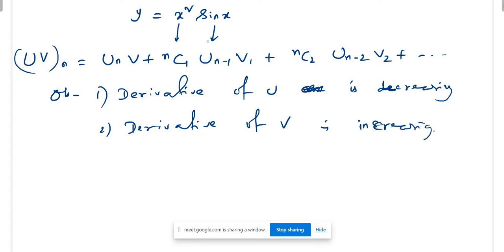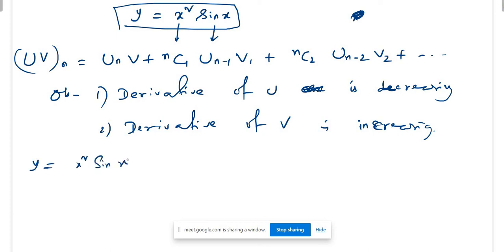So it is better to choose x square. If I go back to the problem, y equal to x square sin x, and I ask you which one should be u and which one should be v, the first answer is anyone can be u, anyone can be v. But for simplicity, if I take v as x square and u as sin x, then we need to write just a finite number of terms, because the derivative of